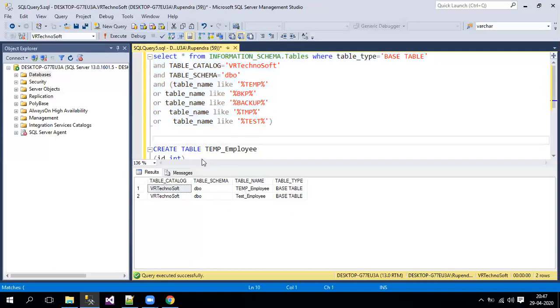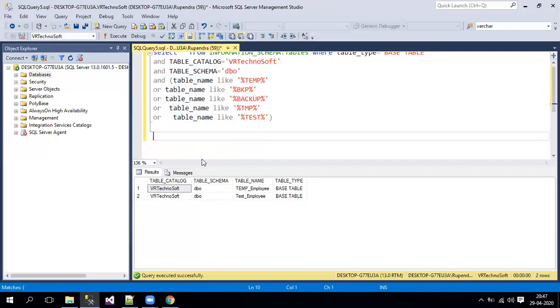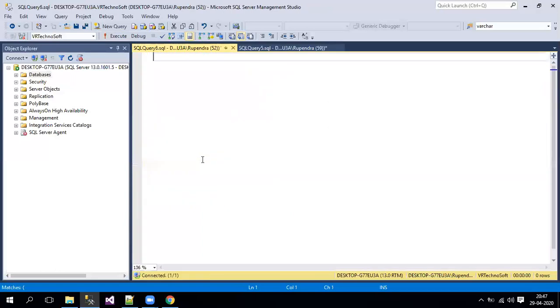So we know how to retrieve all the tables which contain all these keywords. Then we'll go and create a stored procedure for that. So I'll take another window here, create procedure, and the procedure name I'll keep as stp_purging the tables, or purging unwanted tables or junk tables, anything we can do. Junk tables is fine, it will be meaningful.